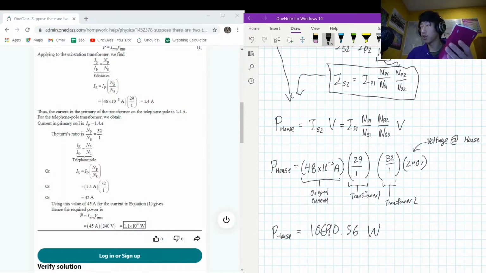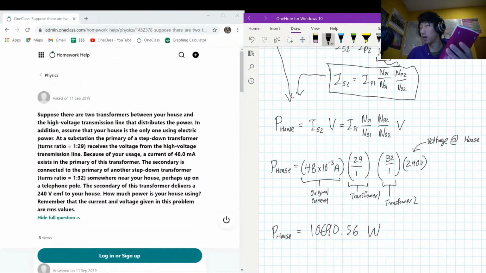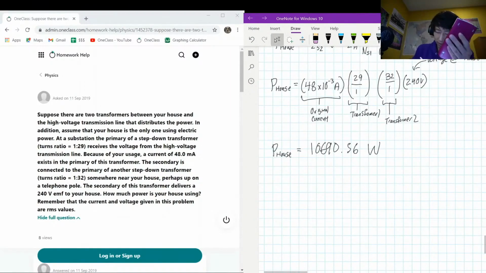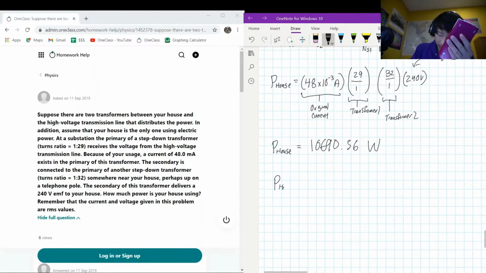Originally in the question we were given 3 significant figures, so we should round this to 3 significant figures. So another way that we can write this is P house is equal to 10.7